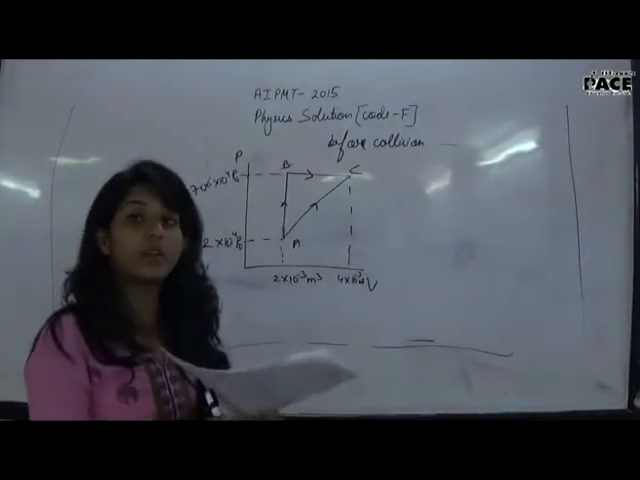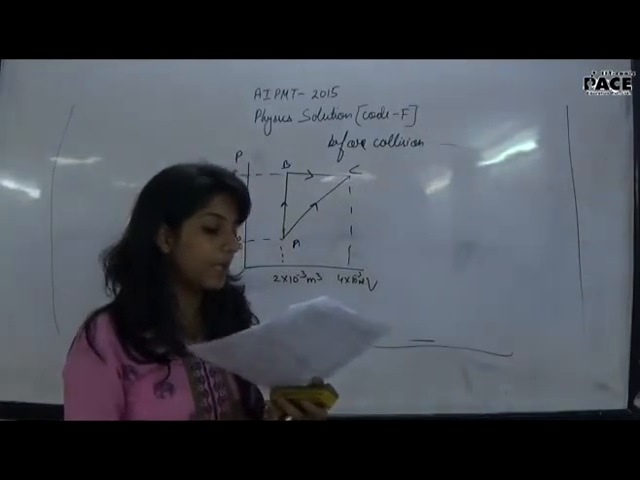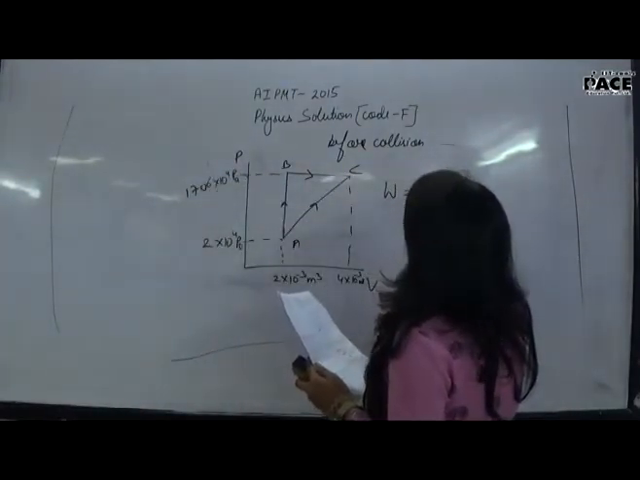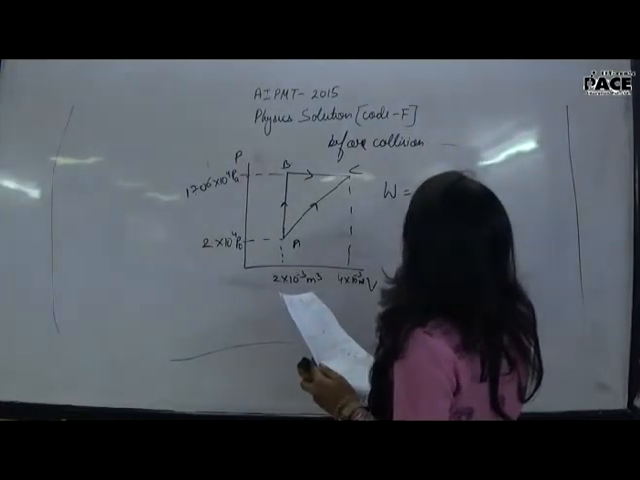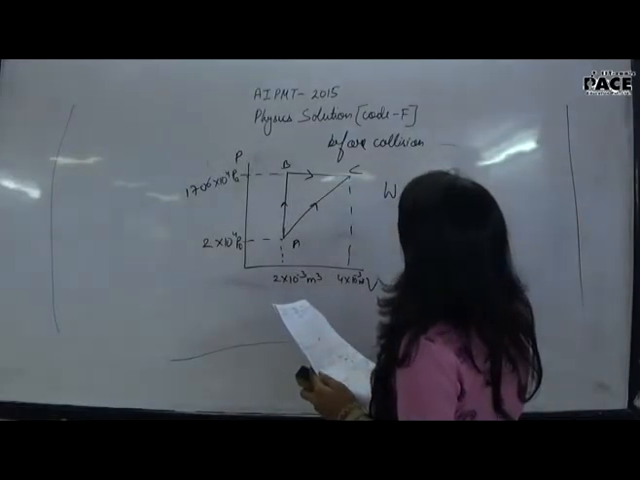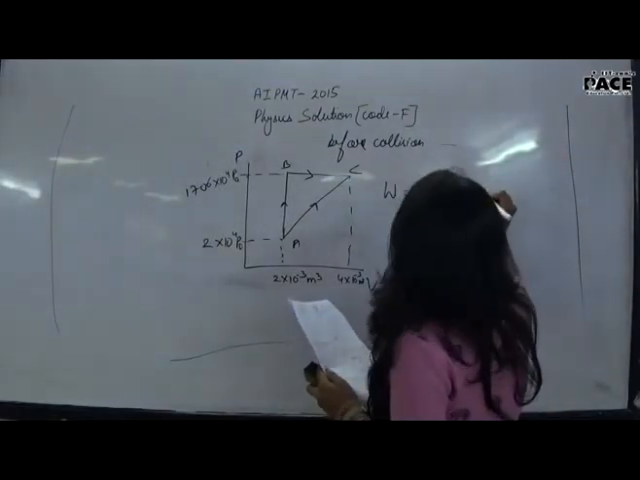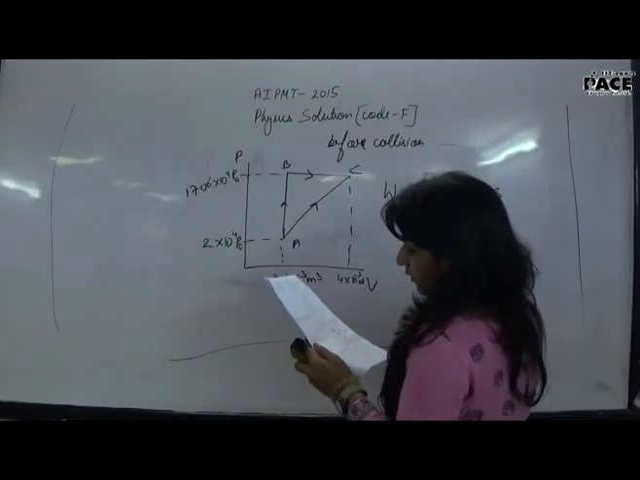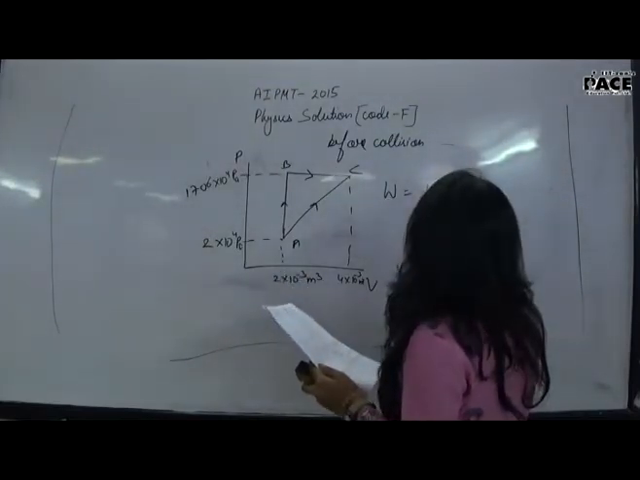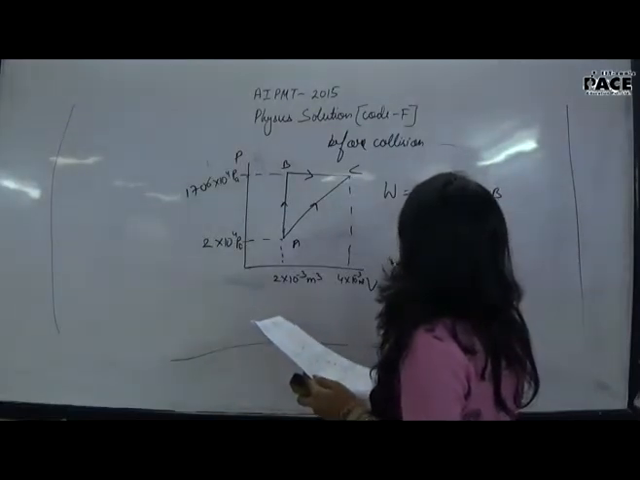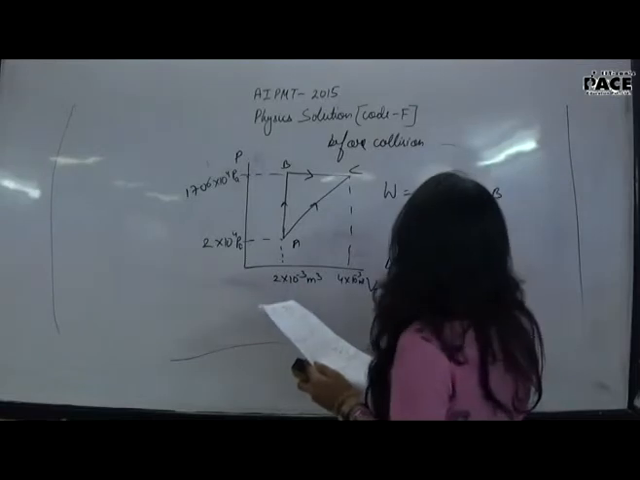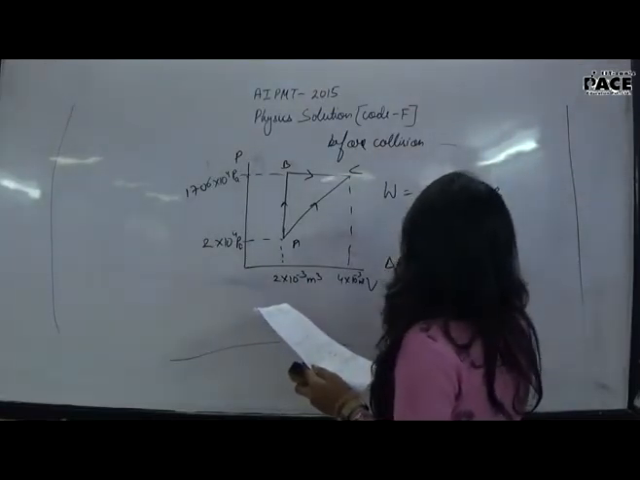In process ABC, work done will be half into the area under the graph, that will be half into base BC into AB, which equals 40 joule. Delta Q is 400 plus 100, 500, and delta U will